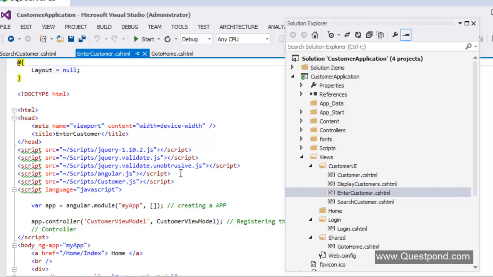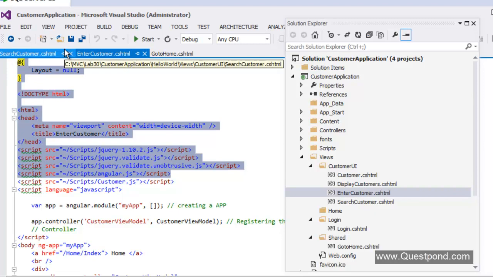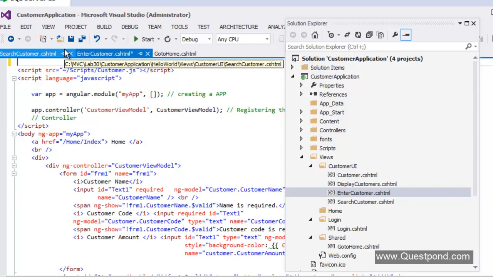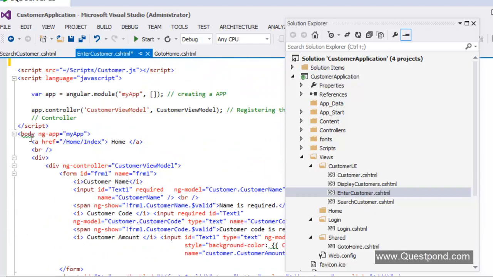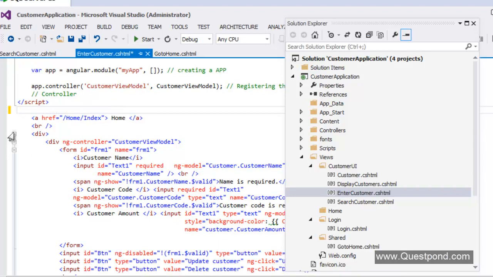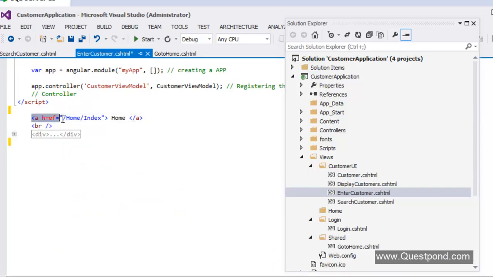So what I'm going to do is remove all of these tags from here. So I'm going to delete this one. So it's not going to have HTML, neither body or anything, because everything is going to get loaded dynamically, right? So I have removed the body, I have removed everything, and I'm going to just keep this div tag here. Even this home link is not needed now, because the go to home.html page will always be there. So we don't need to really have an anchor saying go to home, because we will be on the home page, right?